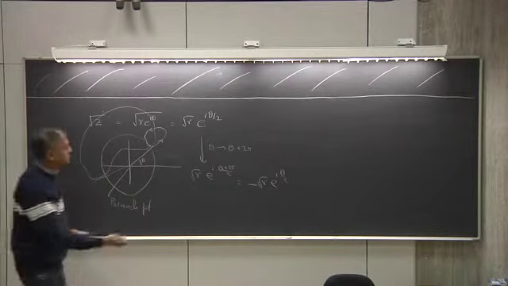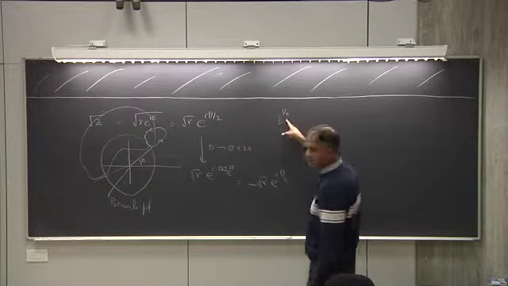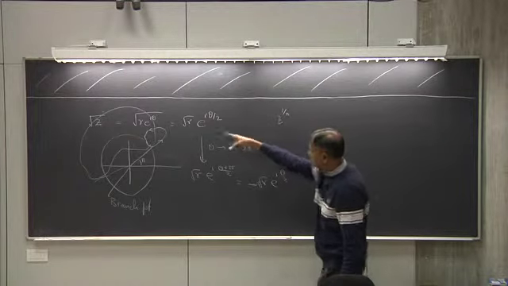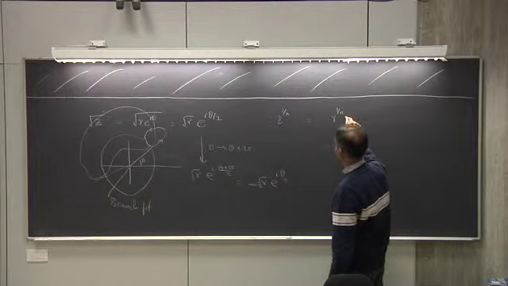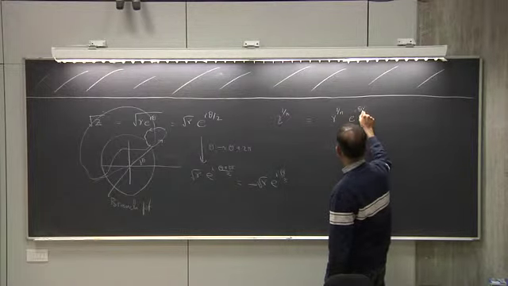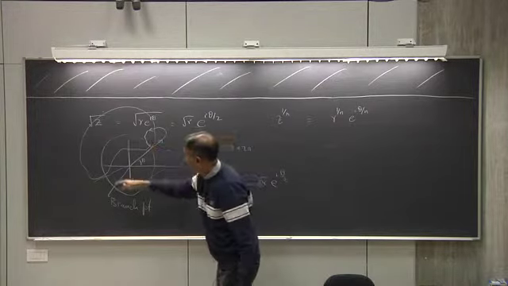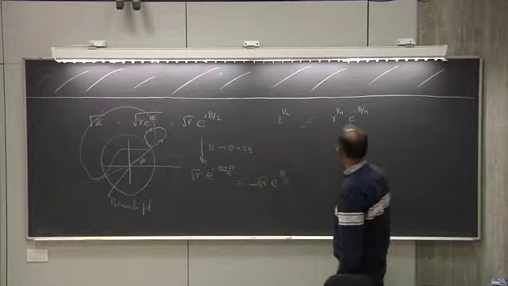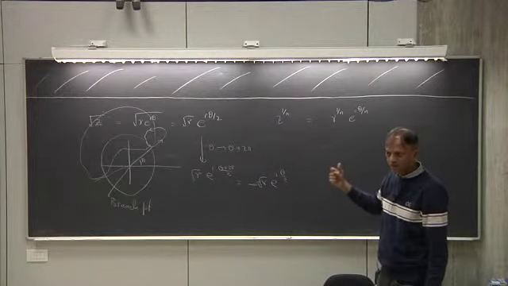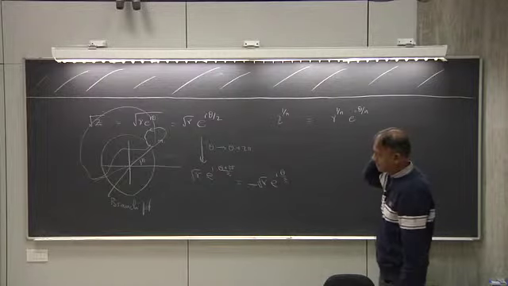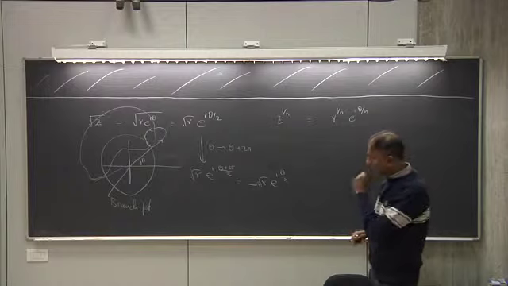You can do the same thing for, say, z to the power of 1 over n, where n is some integer. This is the same as r to the power of 1 over n times e to the power of i theta divided by n. So now if you take a path around, theta goes to theta plus 2 pi, and this is going to pick up a phase e to the power of 2 pi i over n. So that's the definition of branch point here. And branch cut is